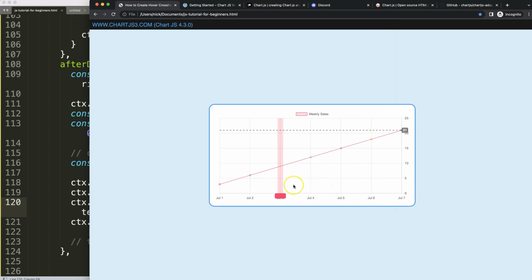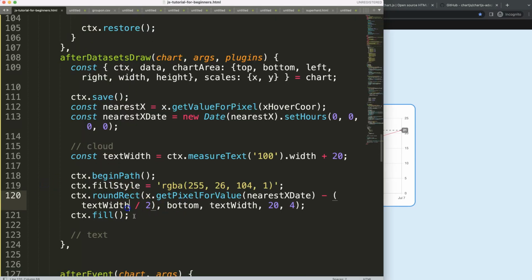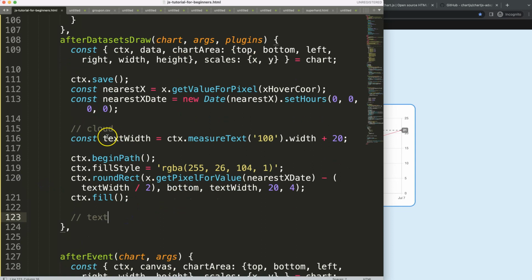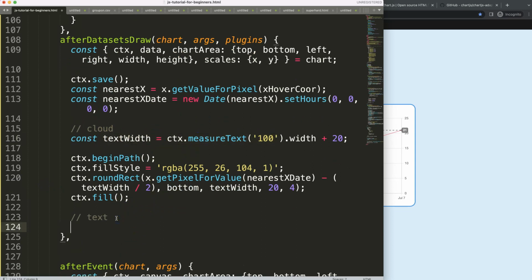What we're going to do now is get the text. And the text, what I want to have is July 4, and then the year as well. So that will mean that it needs to be even bigger depending on what we have. So let's start to work on that, and then later on we can play around to fix this. So I'm going to say here, let's see what we need here for the text itself. So for the text, what we need is, well,